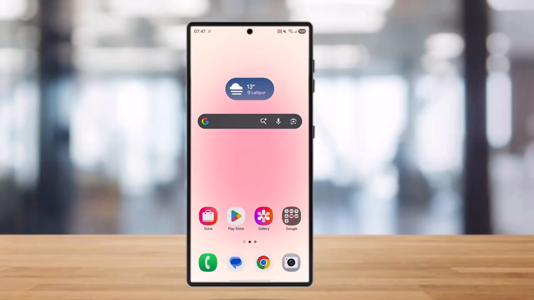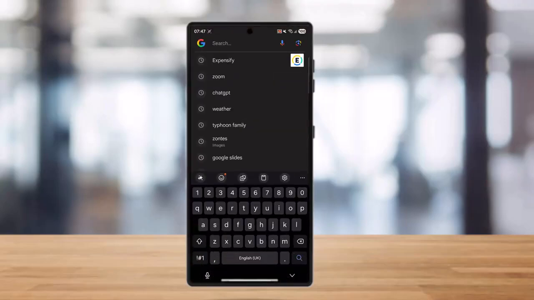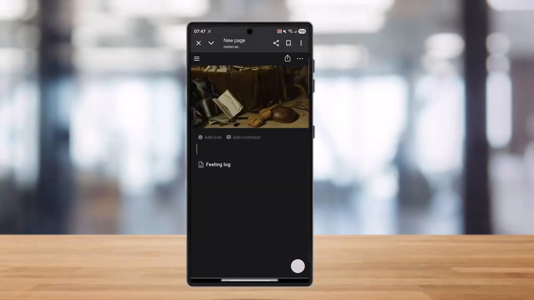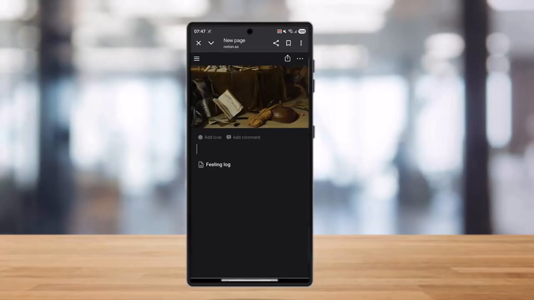So if you want to set up a digital bullet journal in Notion, all you gotta do is simply go and open your Notion. Once you open your Notion, you need to simply create a new page. Once you create a new page, you need to choose whether to start from a template or build from